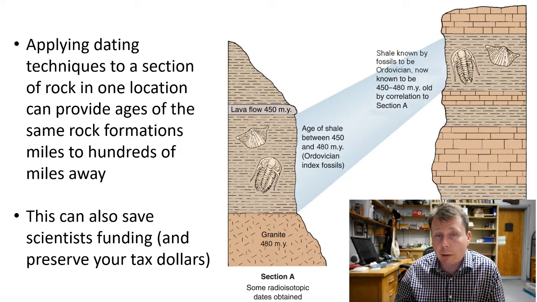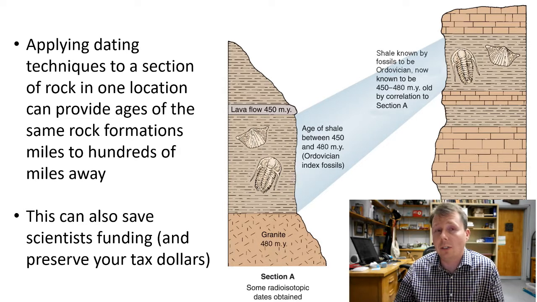Again, a tale from my graduate school. I think we were trying to do some uranium lead dating, and the cost was about $300 per slide, and we had about 40 samples. So it can add up very quickly. So fortunately, this is a method to save lab time, save money, and you want to use index fossils as much as you can.